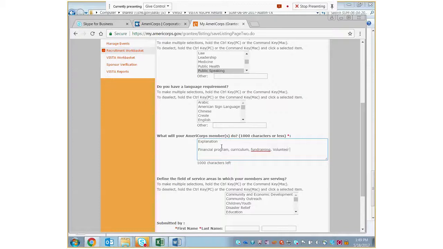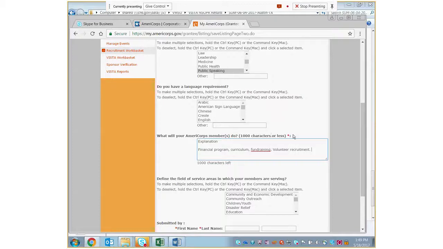Now, it is not sufficient to make the statement that simple. What you'll want to do is go into more detail. So developing a curriculum, and go into the details of the activities you listed in the VAD so that the member or the applicant has a truly great idea of what is expected for them during their service term. I can tell you when we review these VISTA opportunity listings, we're looking at them to make sure that the opportunity listings are appropriate and that they do not have direct service. We're looking for capacity building activities that align with the VISTA assignment description.